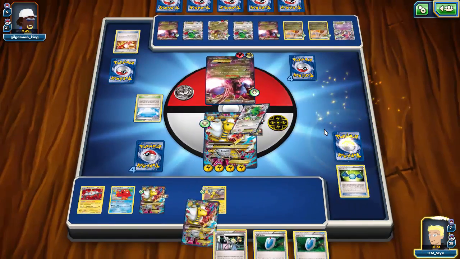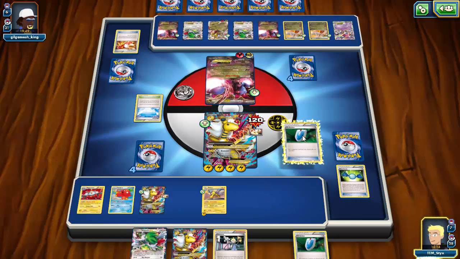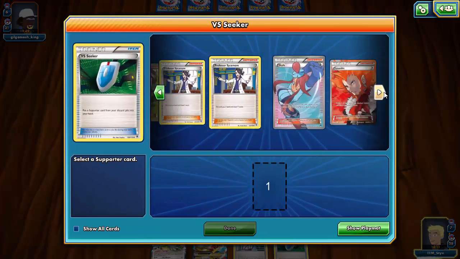Yes. Okay, so we have that. We even have the Shaman. I think I kind of want to take a couple prizes because he will go into Hydreigon this turn. So he will go into Giratina this turn. So what I am going to do is go ahead and Lysander in